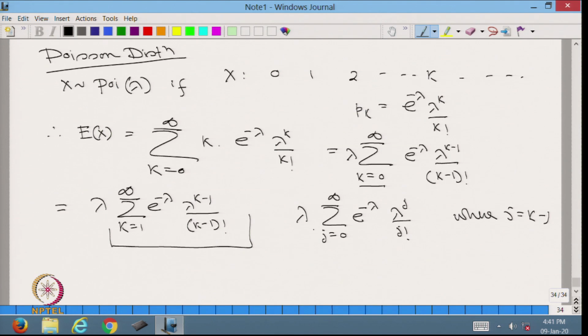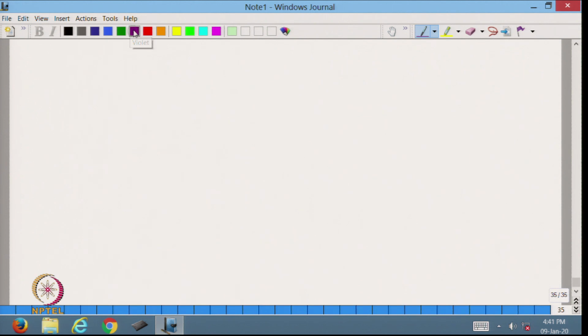Therefore, this sum is the sum of probabilities for a Poisson distribution, so this sum is 1. Therefore, the expected value of X is lambda. In other words, if X is a Poisson distribution with parameter lambda, then the expected value of X is lambda. Now, let us consider